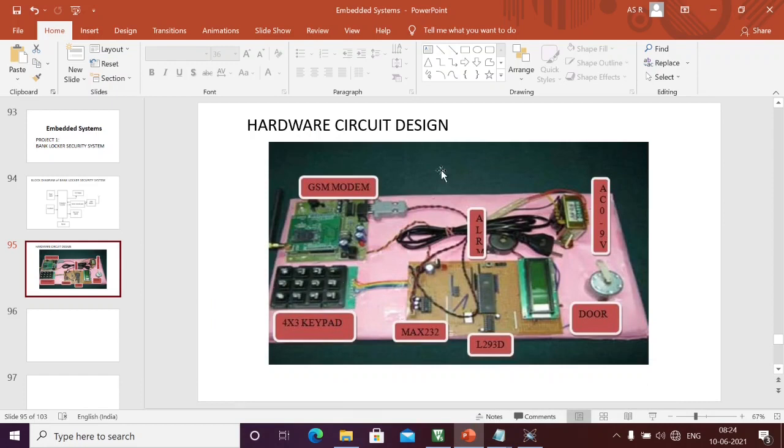This is a prototype. If you want to implement it in a real-time manner, some digital lockers operate with logic 0 and 1, so maybe we can use that too. Maybe the same programming can be used in real time, and practically we can use this design.